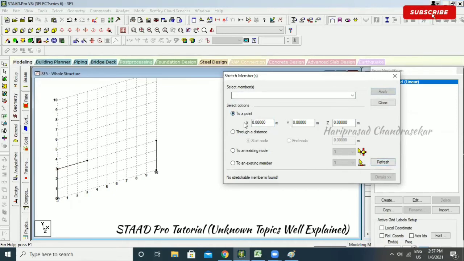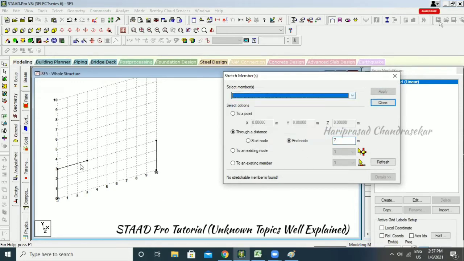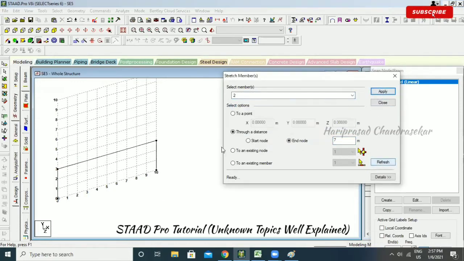This is for to a point. Otherwise, you can go for through distance and you can just go for end node, this end node to be stretched. And I'm just going to put value of 7 because 10 minus 3, 7. And I'm just going to select this first and then 7 and apply. Okay, now we stretched it. Can you able to see that? You can use the second option. Now totally you can select and you can go for to a point and you can just specify the values here.